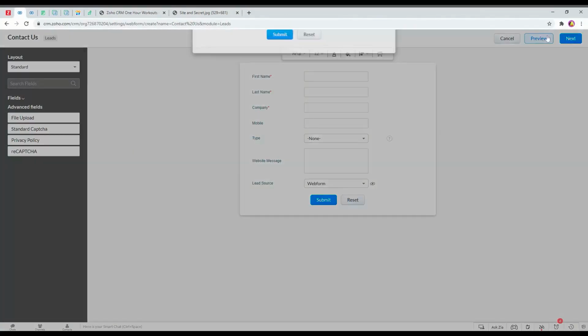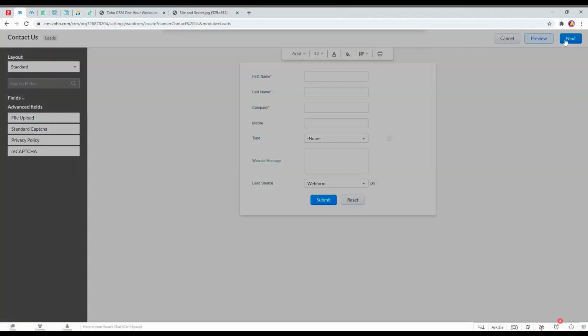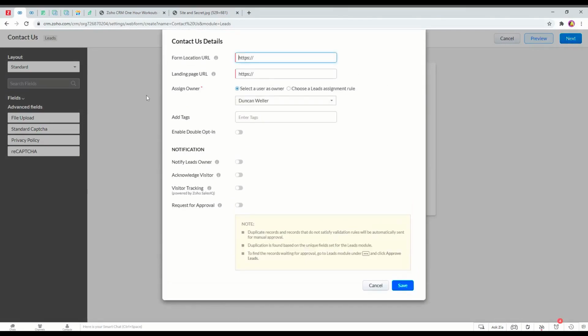I'm going to select preview. We've got this preview here. You can see they've got this question mark help here. Choose your preferred service. So I'll close that and go to next. Now we've got the next page here, and this is where we can input some details of where the form is going to sit. Now, if it's going to sit on a single page, you can put in the name